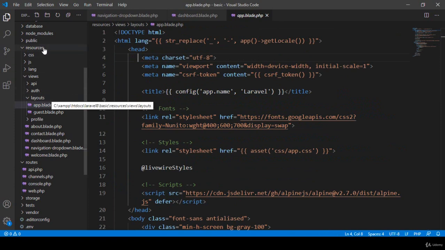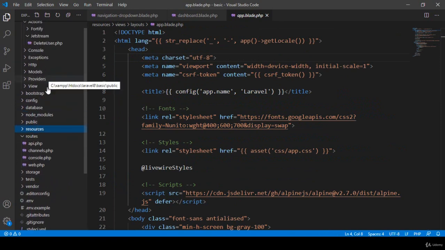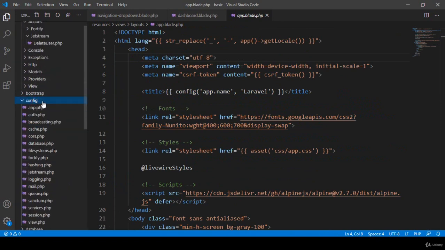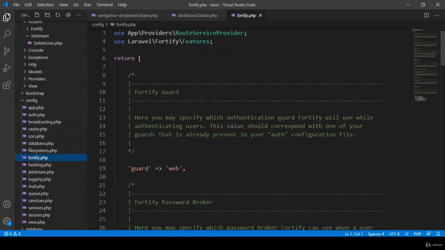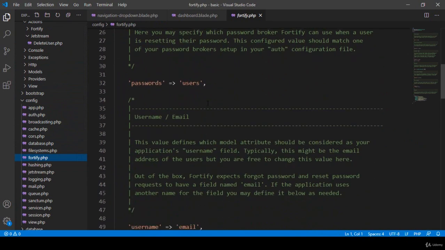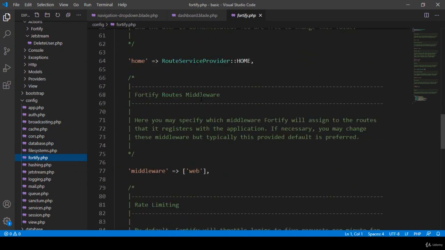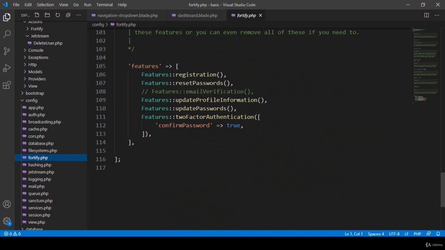example. And here if you go to another one, there is a config folder, and in the config there is another file, Fortify. In Fortify there is a password, email. They have all those features. You can say that is the features file. In this features file, our registration is activated, reset password is activated, update profile information is activated, email verification, and two-factor